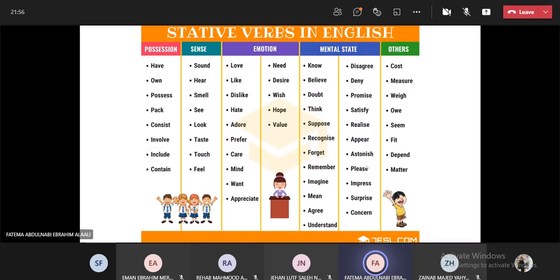First of all, you have to know the difference between state verbs and action verbs. State verbs are verbs that we cannot see, we cannot like